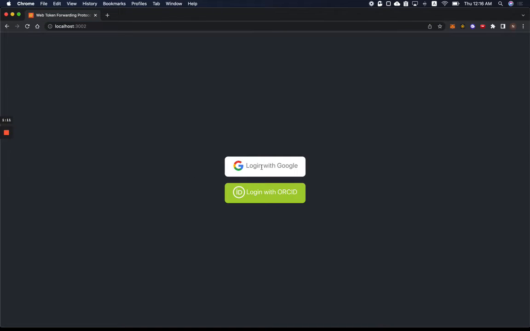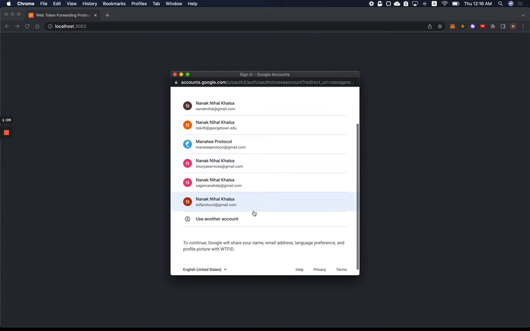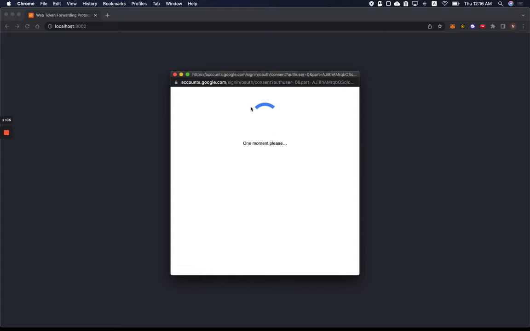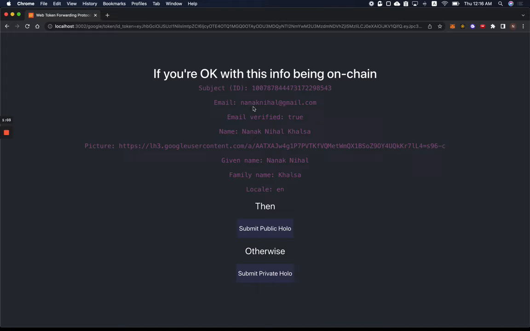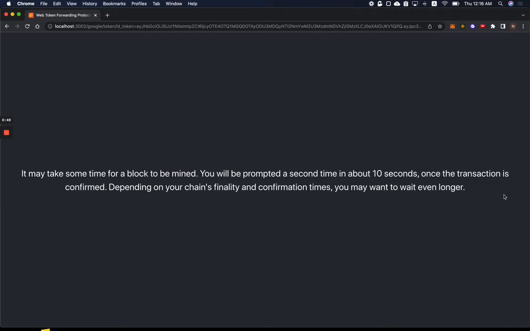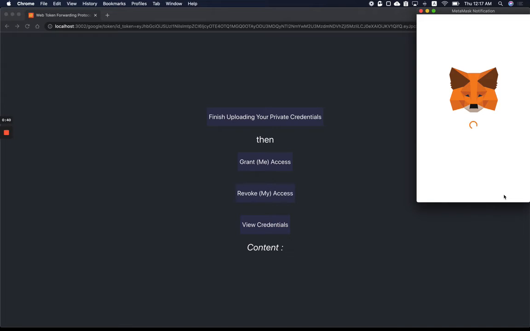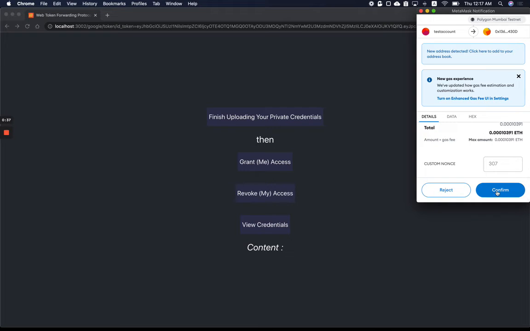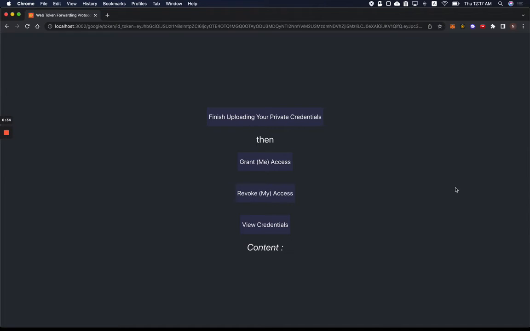So we'll log in with Google, and I'm sure you've seen this flow before. And let's say we're not okay with our personal email account being on chain. Well, then we can submit a private Holo, and it asks us for the two transactions. And you see, this is a very easy user interface compared to the current options like BrightID and Proof of Humanity, which attempt to offer Sybil resistance, but is a huge burden of work on the user with having to meet people on Zoom, etc. Here it's just a few clicks. So this can be very helpful in bringing identity in an easy way for the user.